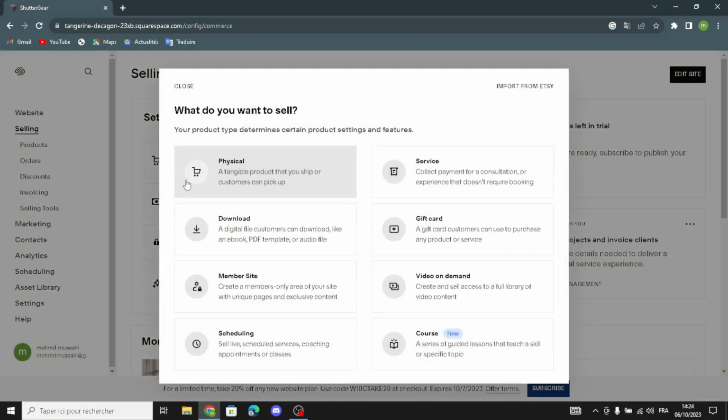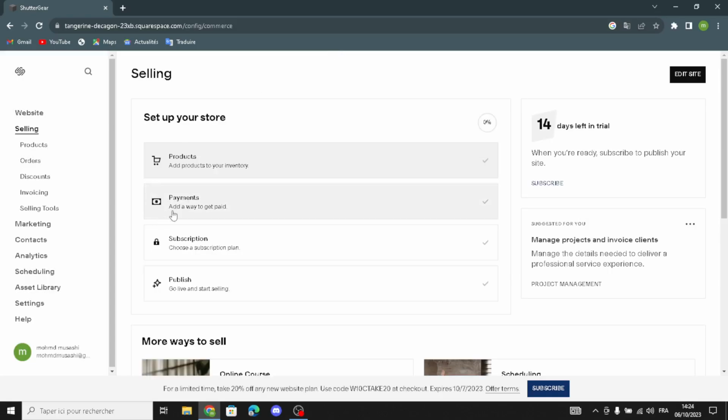You can for example select the physical products and customize your price and the stock, and for example add the product name, and that's it. After this you have to add the way to get paid. After this, choose the subscription plan, and the last step is publish your website and start selling and start your